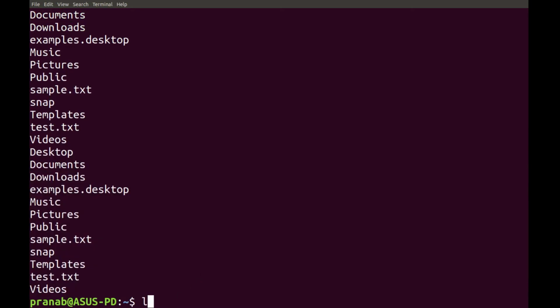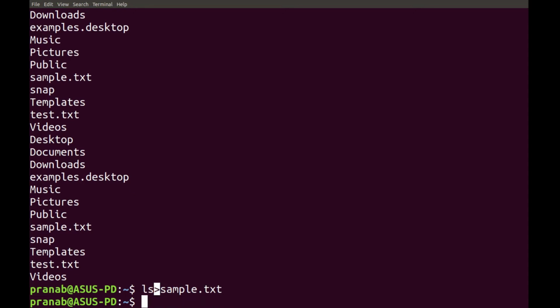Now let us run the command again, but this time with the operator greater than used only once. We see that when we run it, a new file is created and the previous content gets deleted.